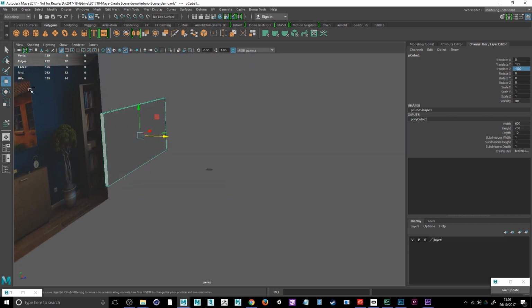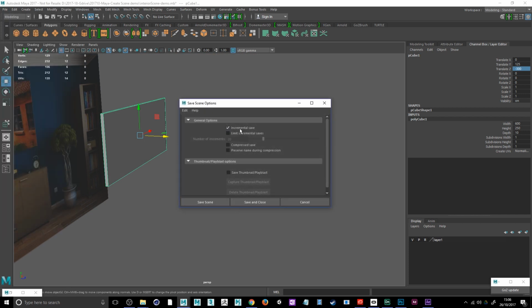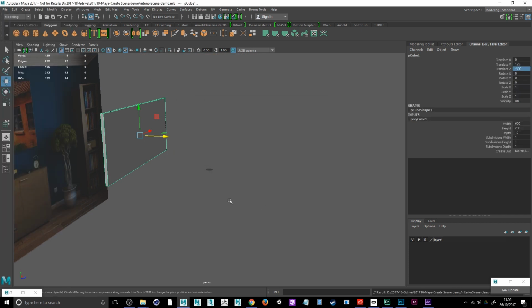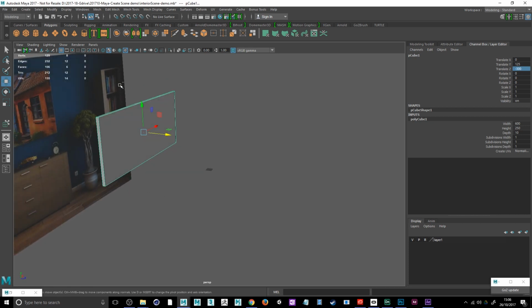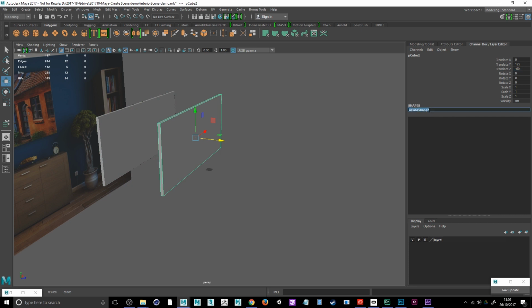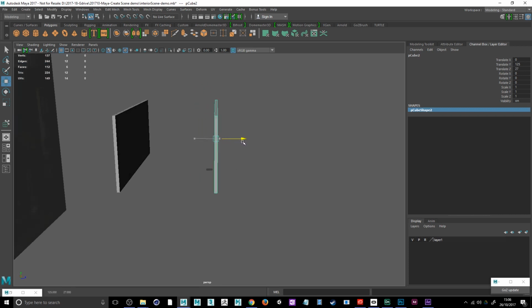So again, I'm going to save that, but this time I'm going to go to save scene. I'm going to make sure that I have incremental save turned on. This will create a backup of my work as I go through. So I know this is only a single wall there, but I am going to duplicate this shape, and this time I don't get these input values. I only get the same, so it kind of locks them off to the same position. So I'm not going to change this after this point,